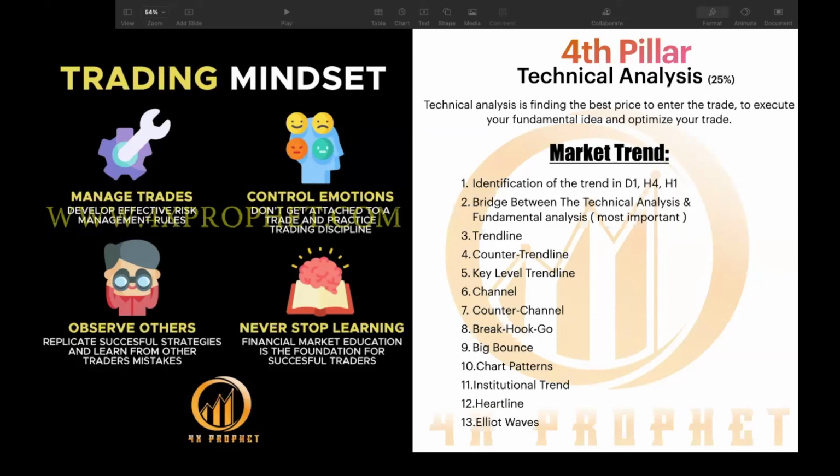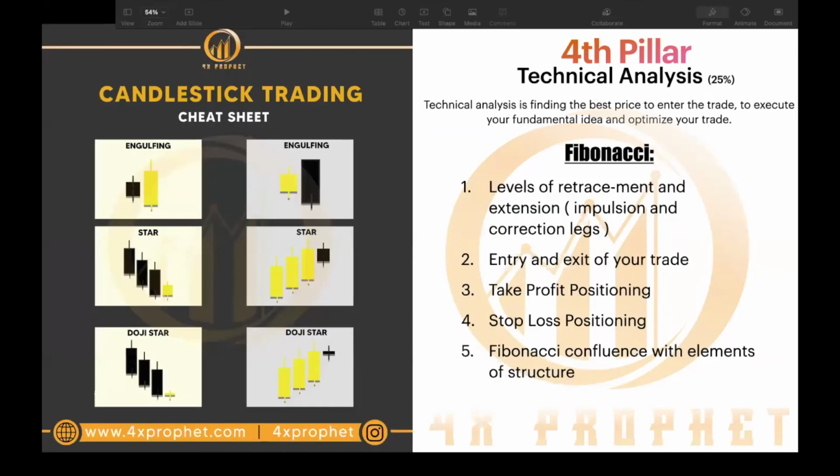Then we have a counter channel, break, hook, go, big bounce, chart patterns, institutional trend, hard line, and Elliott waves. Now, I personally don't use that. I am aware of it, but I don't use it. The next one is the Fibonacci, all right? Levels of retracement and extension, impulsion and correction legs, entry and exit of your trade. That is super important. Take profit positioning,